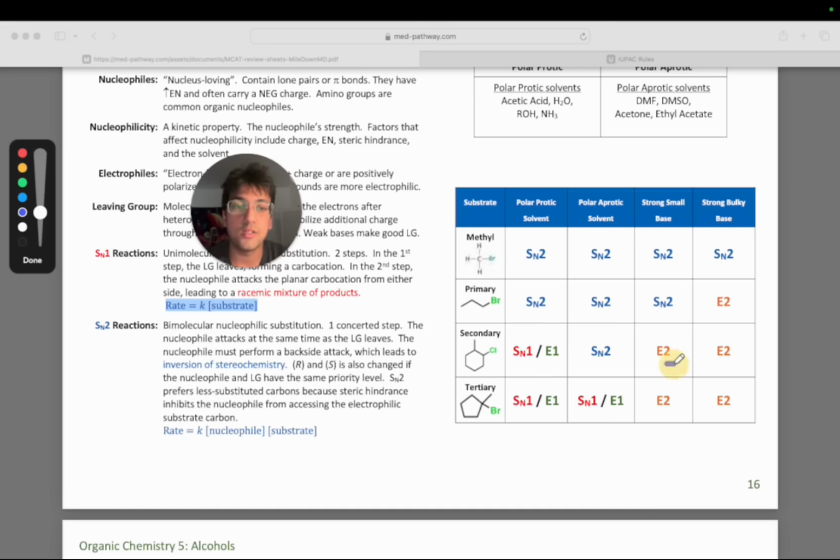Why is it E2 rather than E1? Well, you know that E1 is happening over here. E2 is going to happen when there's a strong small base or strong bulky base. There's basically this basic solution. It's going to